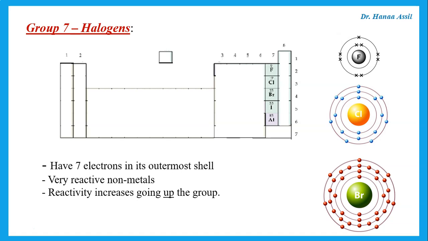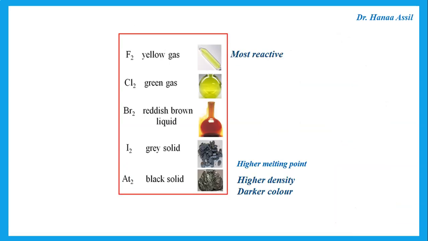Now, remember in group 1, we said the one down is more reactive because it's more likely to lose its outer electron. Now, in group 7, we want to gain. So we want the electron to come in and be attracted to the positive nucleus. So fluorine has fewer shells, so there will be more attraction to the positive nucleus, so it is more likely to take in more electrons, while something like bromine has more shells, so the electron that is being added has less attraction to the positive nucleus. So you should know that fluorine is the most reactive nonmetal.